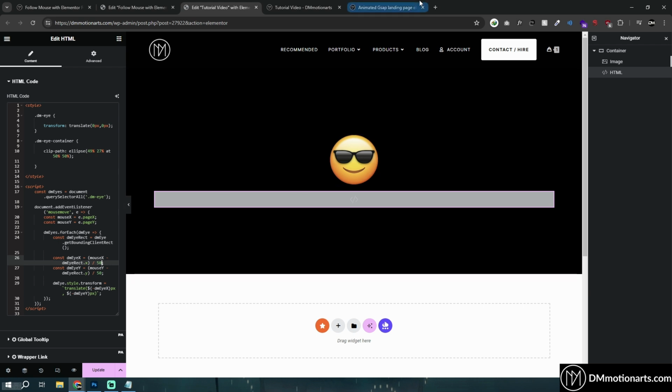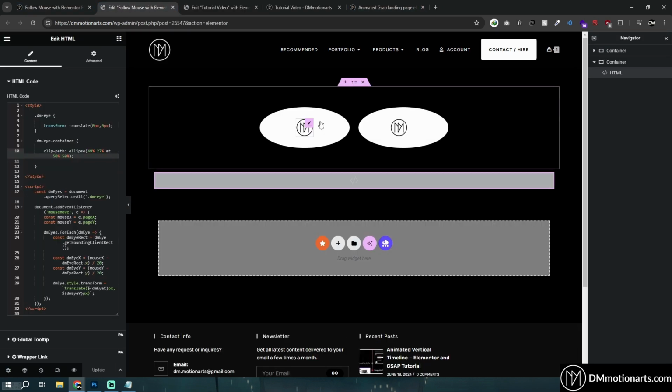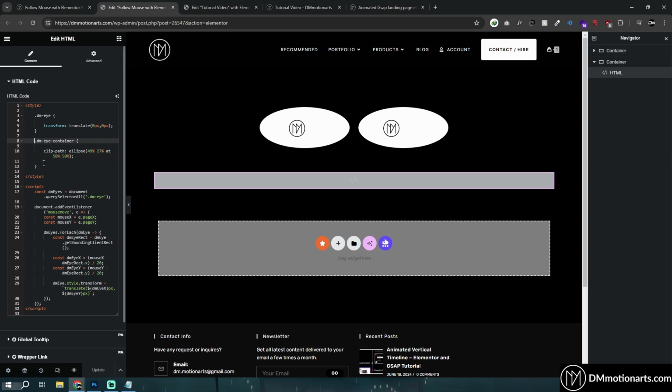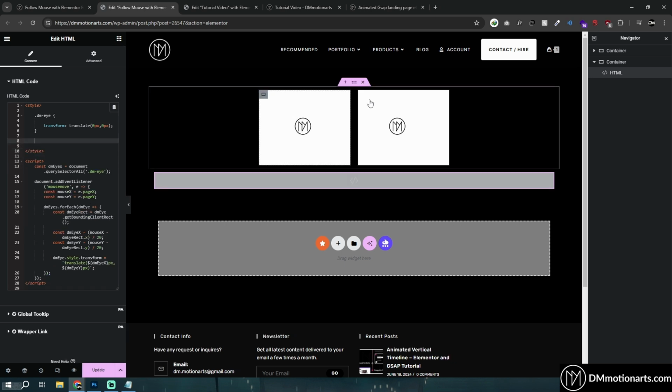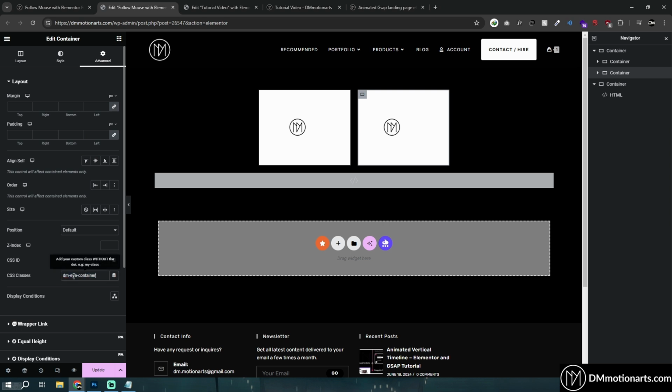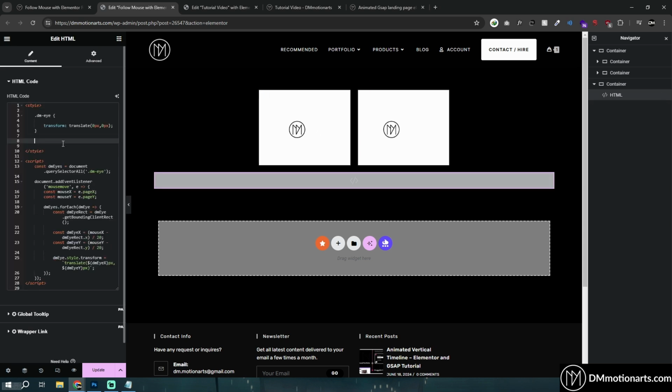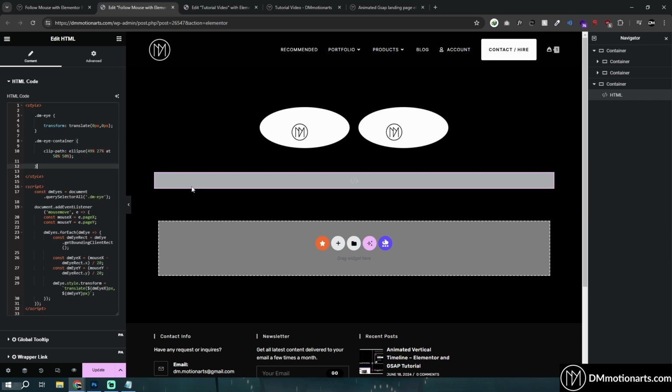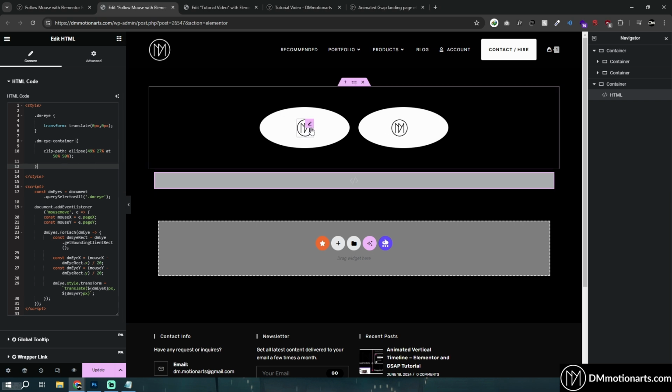And again, this is the same thing that I've done. You could see if I remove my clip path around here, I have two containers. They have been given the CSS class of DMI container, and then I've basically given them a clip path like this. So it looks like an eyeball. But again, if you have a mascot, any character that you want, you could just give it eyeballs